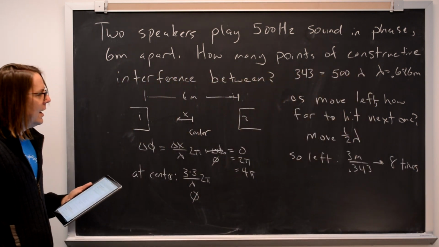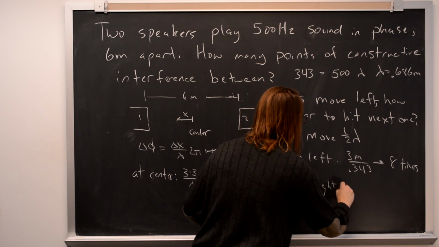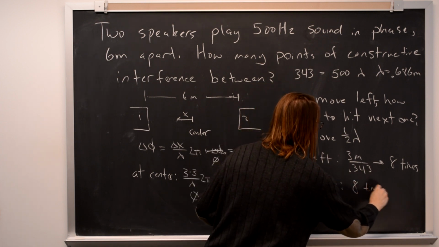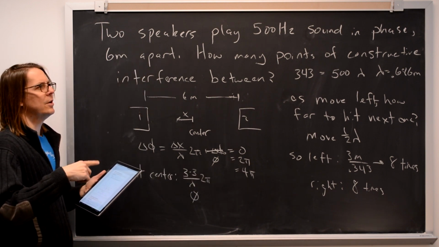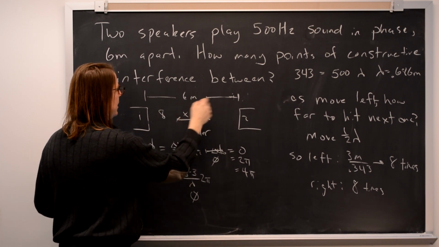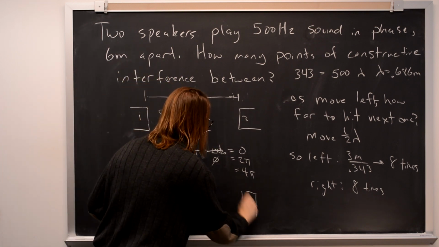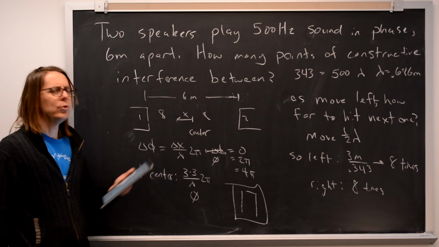Okay. And then on the right, 8 times. Also, because yeah, this comes out, or does it come out to 9? No, 8 point something. Yeah. So 8 on the left, 8 on the right, and 1 in the middle, 17 is the real answer. Just forgot a factor of 2. The whole department forgot a factor